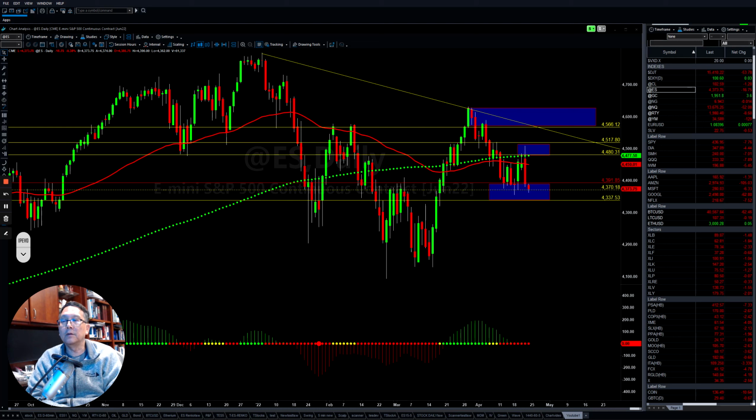As long as they still hang tight to this level here, the bulls still have a chance to push it back up. But if they break below here, then that will be more trouble for the market. So the momentum right now is still negative, but the market looks like it is going sideways. Okay, so we have to wait and see how things lay out. If they're able to hold up at this level, don't drop below here, then they still have a chance to